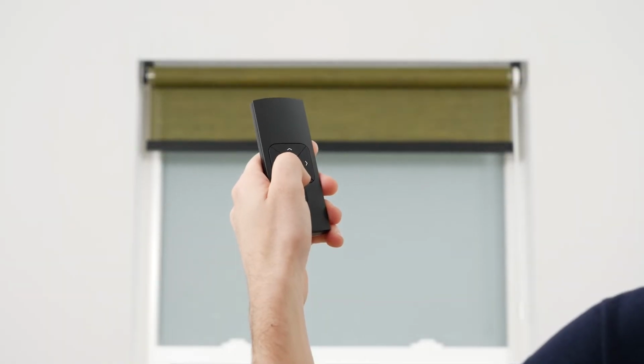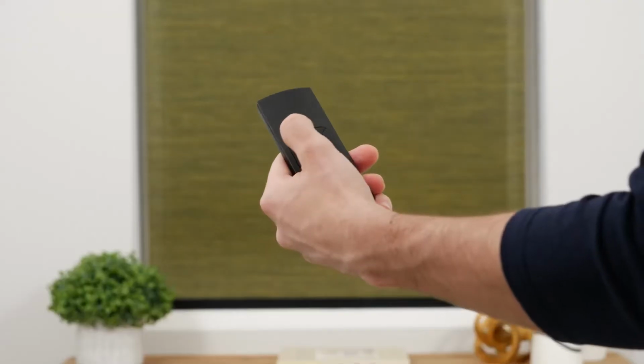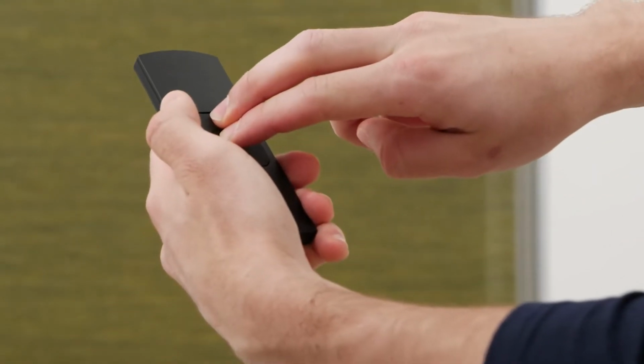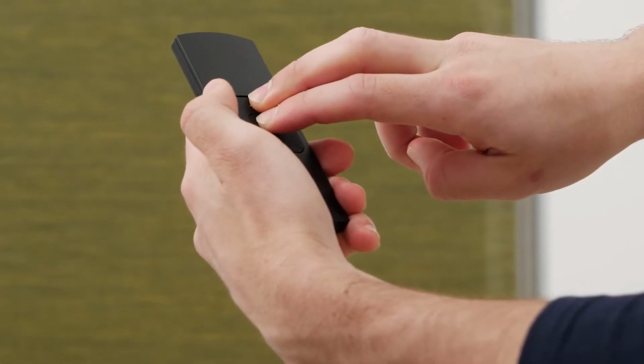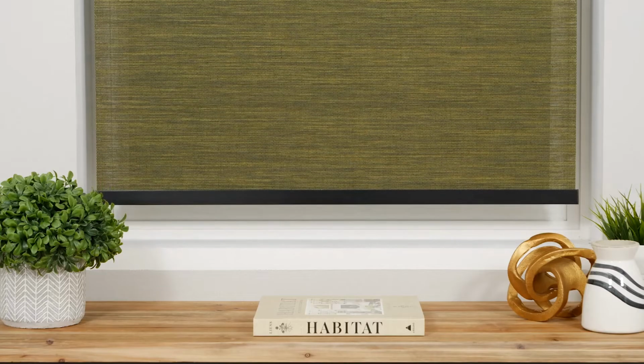Push and hold the down button to lower the shade to the desired lower limit. Adjust incrementally until you're satisfied with the position. To save the new lower limit, simultaneously press and hold the stop and up buttons until the shade stops jogging for a brief pause. When the shade starts jogging again, your lower limit is saved and you may proceed with